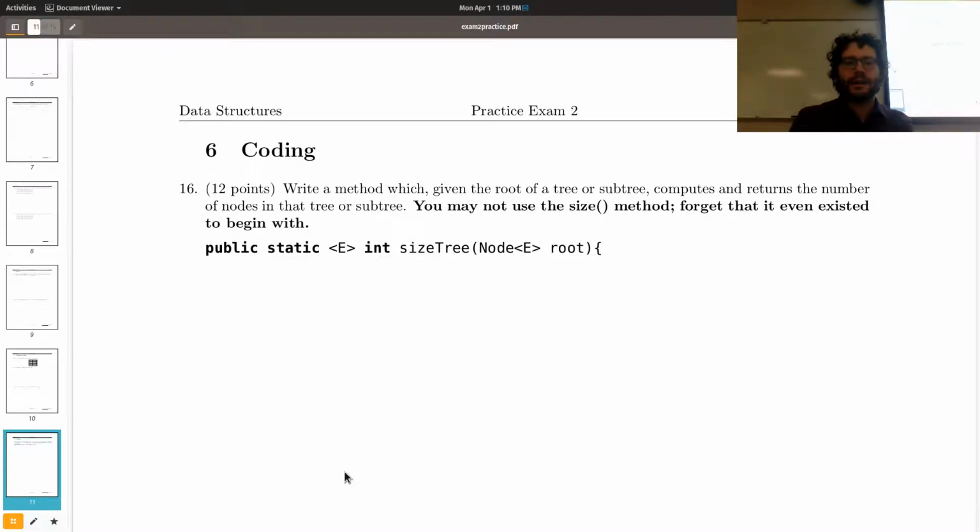So coding, using a method given the root of a tree or subtree, computes and returns the number of nodes in that tree or subtree. You may not use the size method. Forget that the size method even exists. I want you to basically count, and this will test: do you know how to do those recursive algorithms using a tree? The type that I kept talking about in the videos. So if you haven't read that, gone over the videos, then,